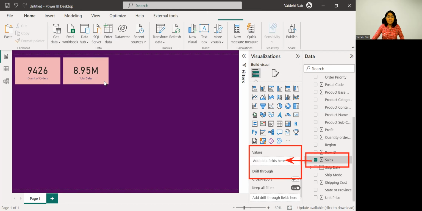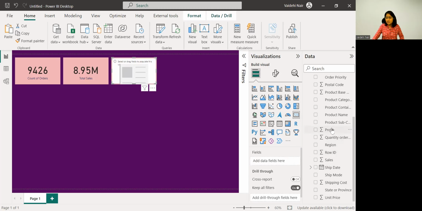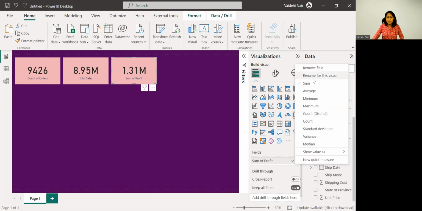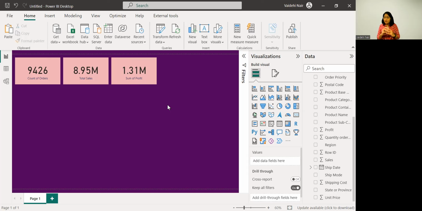Okay, similarly, we'll create one more for adding total profits and I'll place it next to it. I'll remove the sales from here and add profits. So this is my profit. I'll also rename it to total profit. And this is how my basic information in the form of a card chart or in the form of totals